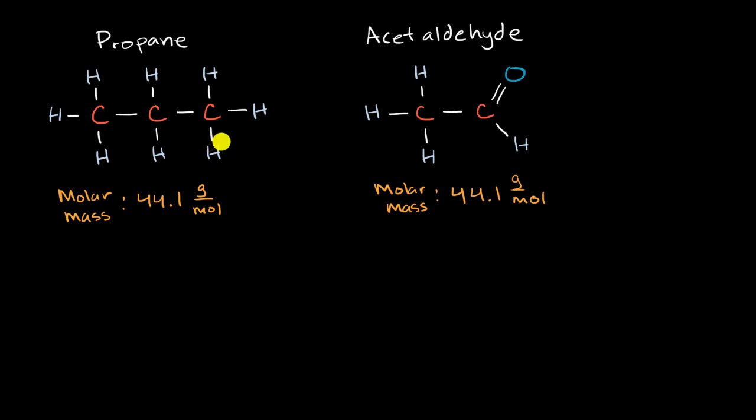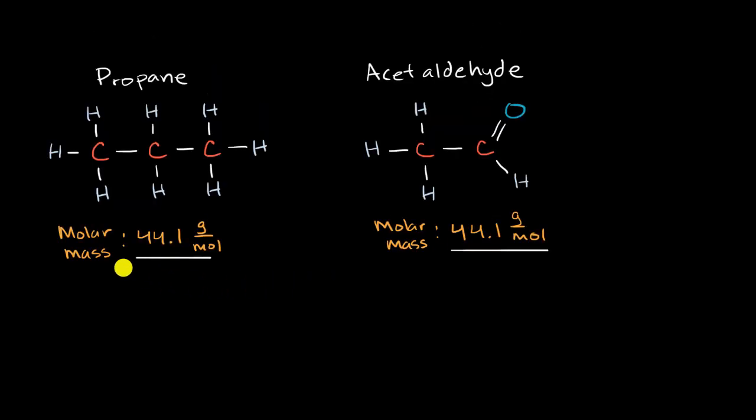And when we talked about London dispersion forces, we said that they're generally going to be proportional to the size of the electron cloud of a molecule, which is in general proportional to the molar mass of a molecule. And we also talked about it being dependent on the shape of a molecule. The longer and straighter a molecule is, the more surface area we'll have exposed to neighboring molecules, and so you'll have more of those London dispersion forces. So based on that, when we look just at molar mass, we would say, all right, these have similar sized electron clouds. So just by looking at the molar mass, we wouldn't be able to say that one has stronger intermolecular forces than the other.